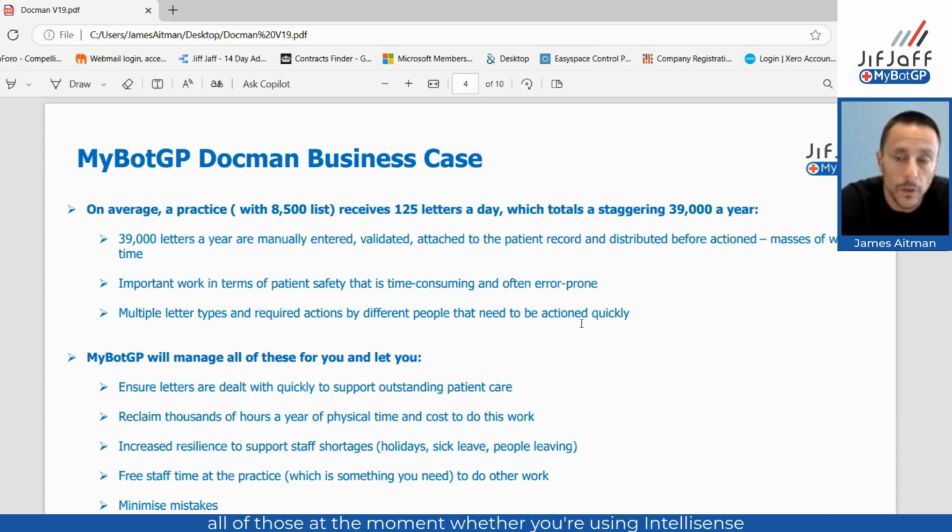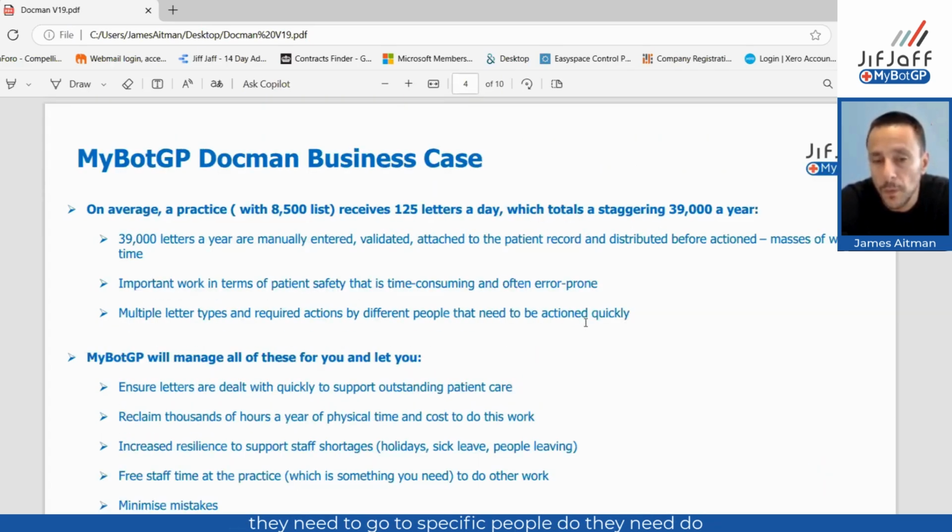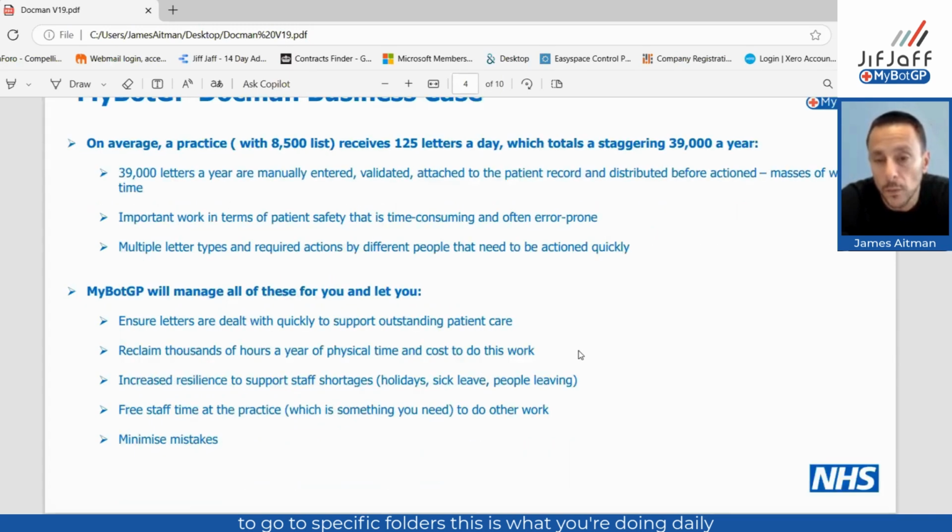And all of those at the moment, whether you're using IntelliSense or not, are currently being manually validated against the letter and the patient. Templates are being completed and decisions are being made around what needs to happen with that letter. Do they need to go to specific people? Do they need to be looked at? Don't they need to be looked at? Are there key words that need to be picked up? Do they need to be put through a template? Do they need to go to specific folders? This is what you're doing daily,